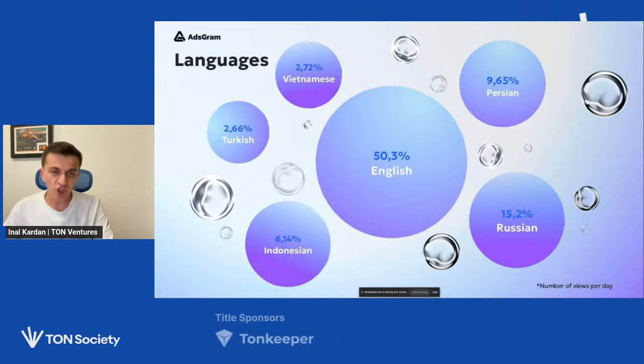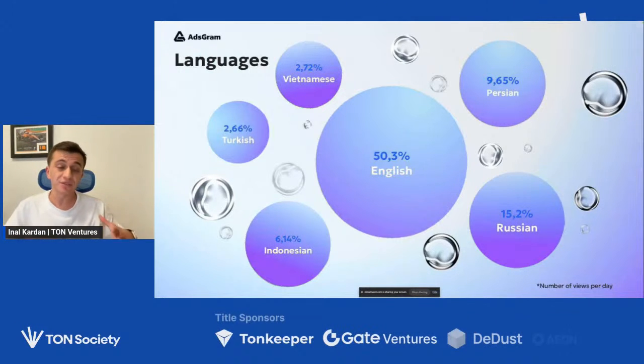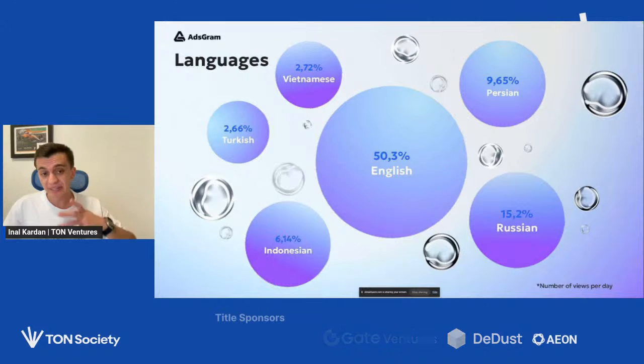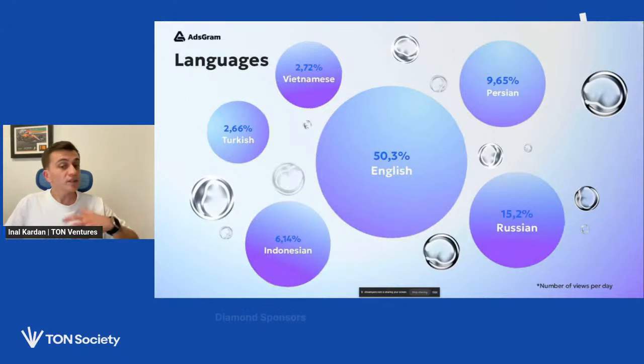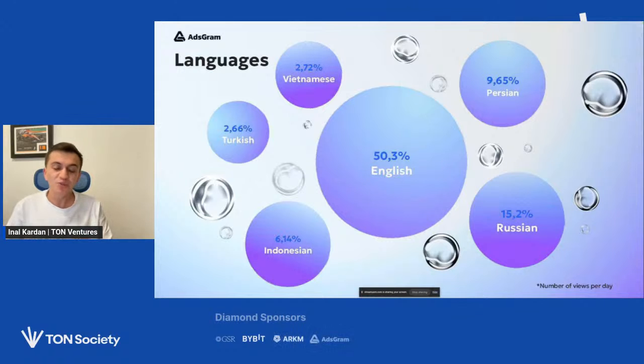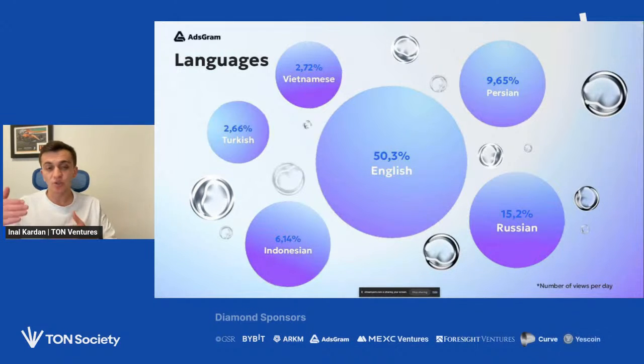So what I'm saying here is that you actually have to understand which markets you want to target, which languages you want to target. If you target, for example, users with Indonesian as the language on their device, probably your interface should be translated into Indonesian as well. But you can target only English speaking users, users with English as a default language. That's fine too. But with that, you're limiting the potential audience that you can reach with your ads